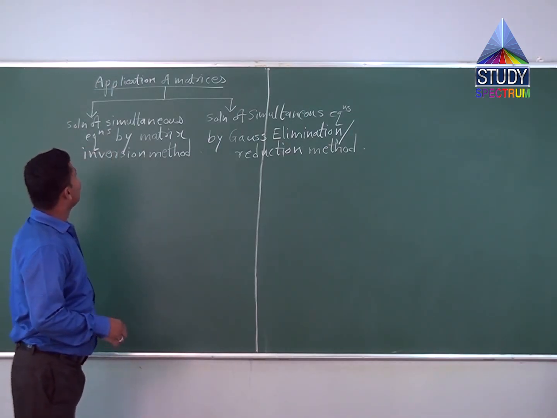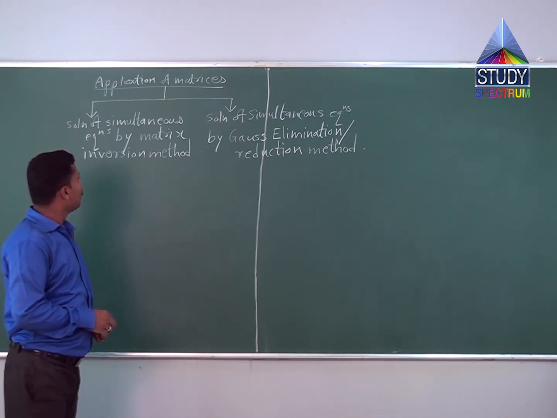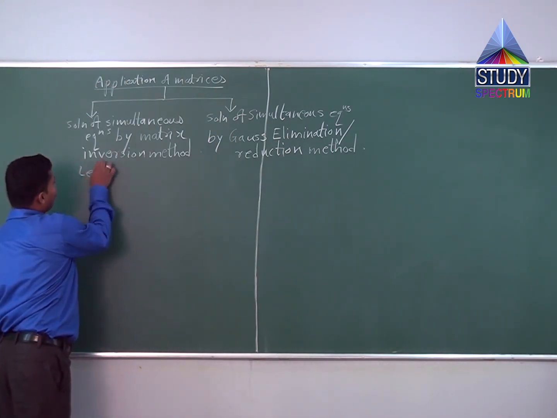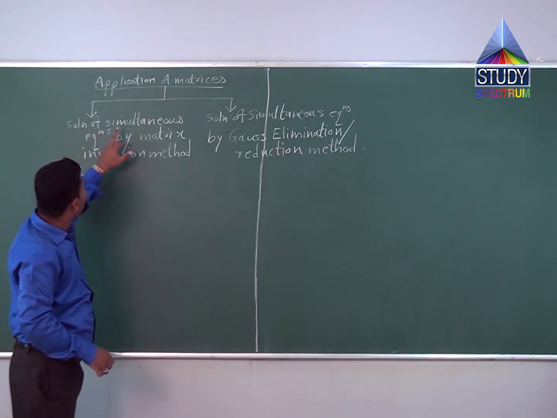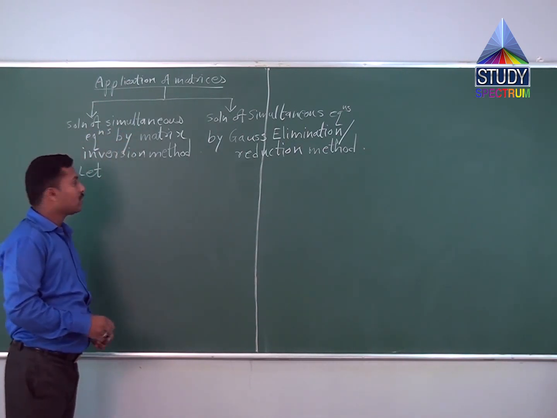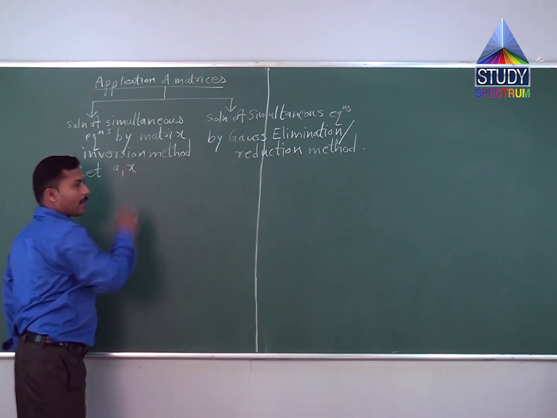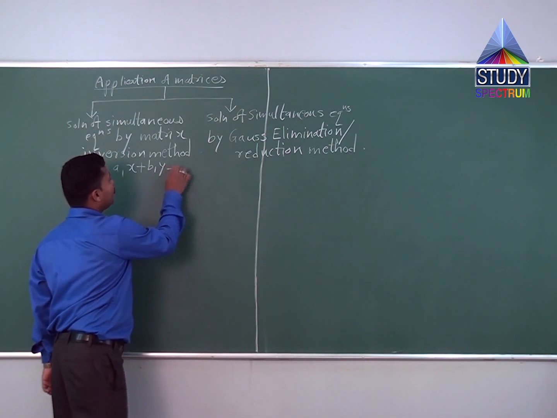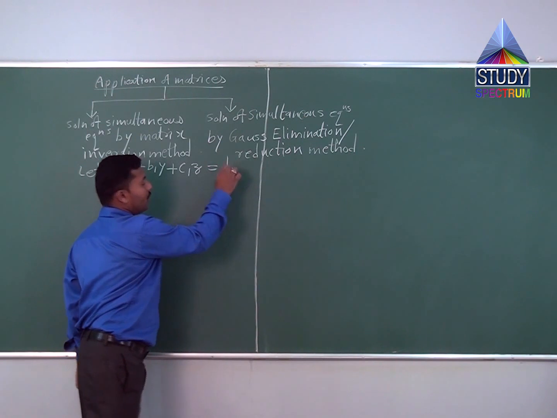So first we discuss the solution of simultaneous equations by matrix inversion method. So the first question is, what are simultaneous equations? The equations of the form a1x plus b1y plus c1z equal to d1,